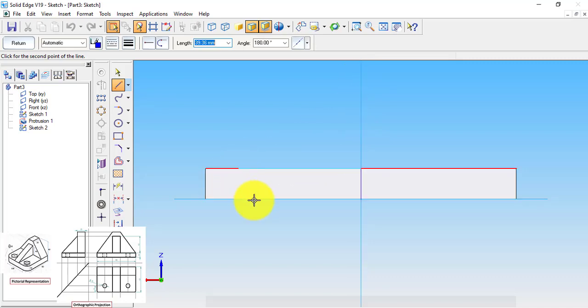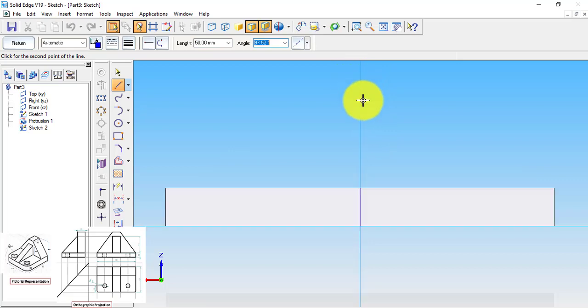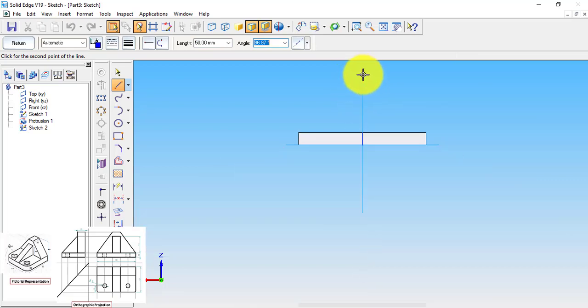As 10 mm is already utilized, we have 50 mm left. The width of our triangle is 20 mm in total, so 10 mm on both sides from the center. 10 mm on this side, further 10 mm on this side, and let us complete this triangular contour.